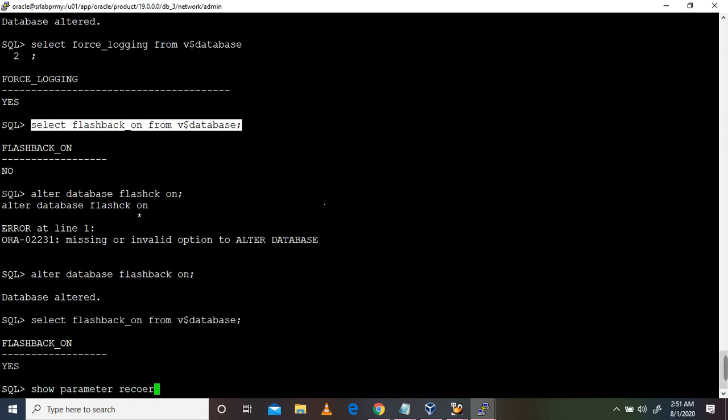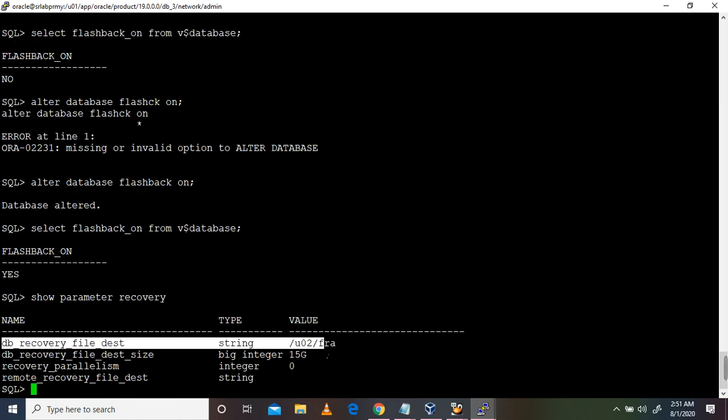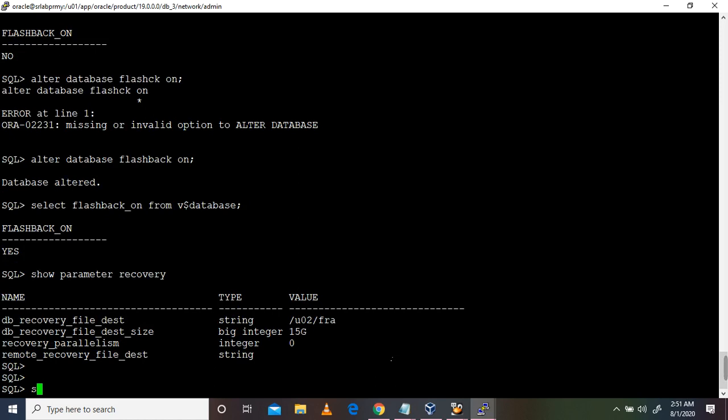So this is the recovery size, this is the recovery location, and the recovery file destination size is 15 GB. So it is enabled, and we can check the recovery area usage, how much.